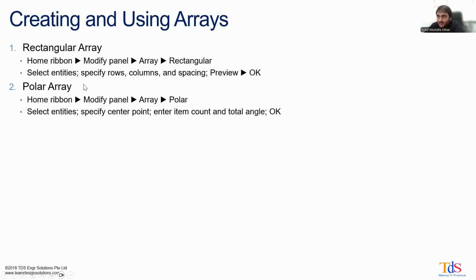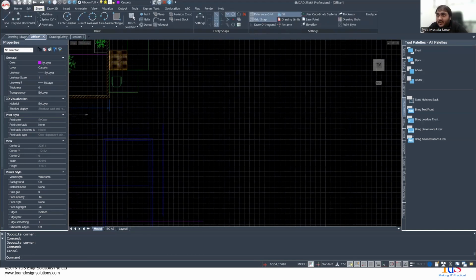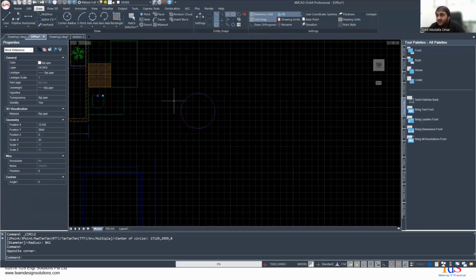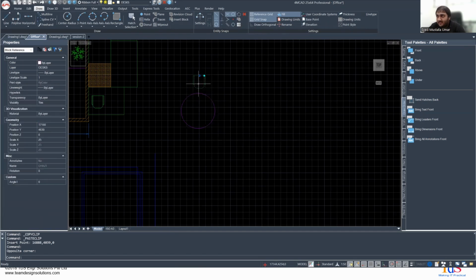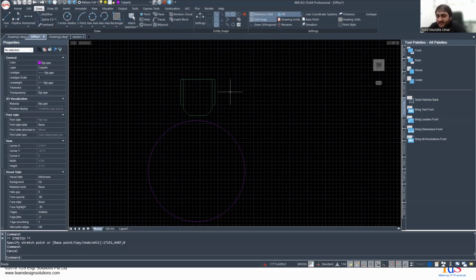Now arrays are an important one. These essentially allow you to scale up one item into multiple items, especially if they are replicating. So let me give you all a quick example. Let's say we draw a circle over here. And let's say I want to copy over this chair. Now think of this as a dining table. Maybe obviously I might want to enter more chairs. Now either I can do it manually, where I rotate each item and adjust it according to this